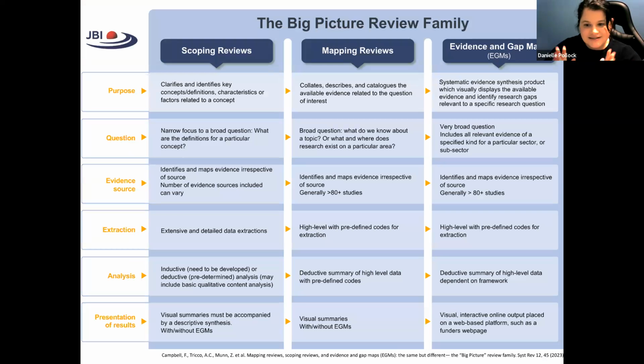In saying that, we have what we are now calling the big picture review family. And this is a recent infographic that I helped develop. So we're not only seeing scoping reviews, but we're seeing mapping reviews and evidence and gap maps. And that is a whole webinar in itself about the differences between these types of reviews. So if you are thinking of a scoping review, also ask, is it a mapping review? Is it an evidence and gap map, or is it a scoping review? So sit with yourselves and ask those questions about what is going to be the most appropriate choice, because that's going to set you up to perform a better quality evidence review.